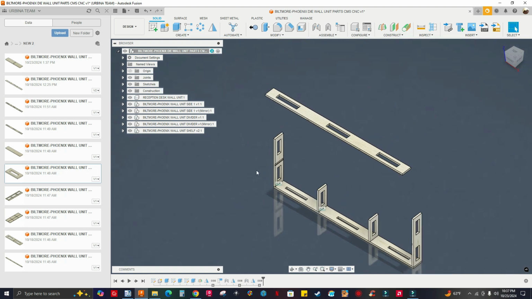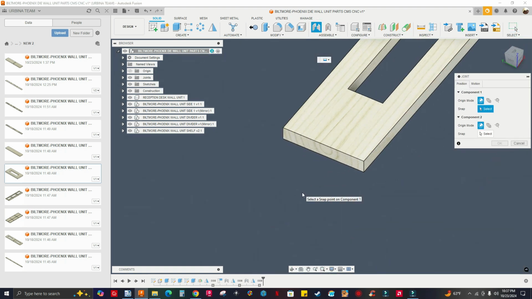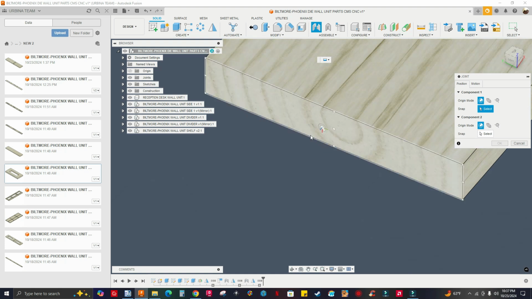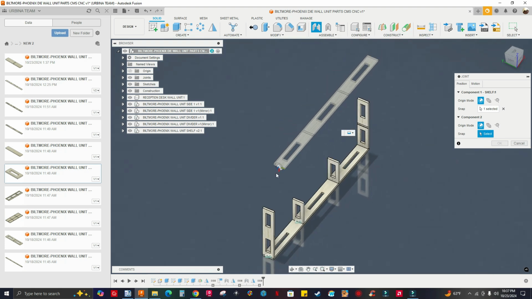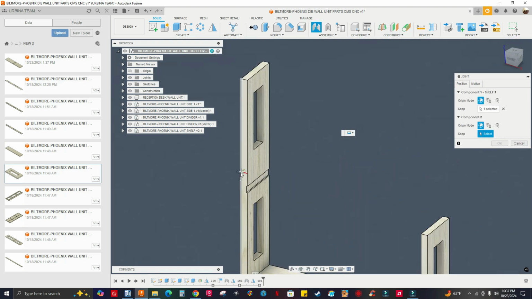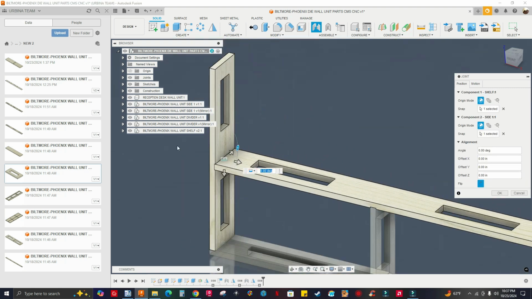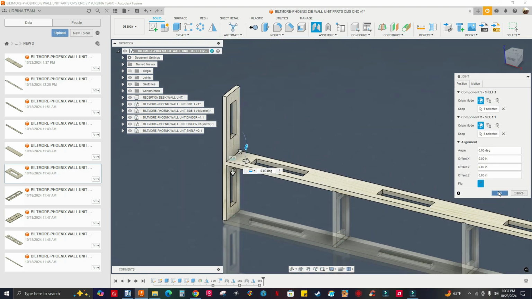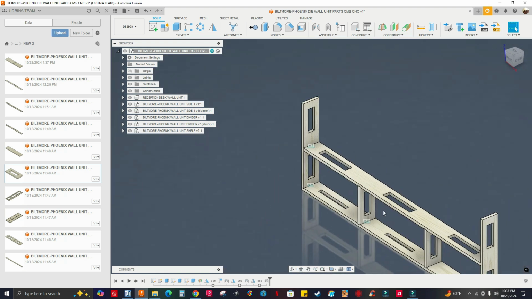So I'm gonna rotate, joint, zooming in. Hold down Control key on my keyboard. Select the point. F6 on my keyboard. Zoom out, rotate, zooming in. Hold down Control key on my keyboard. Select that midpoint. Click OK. And look at that. All right. Next,